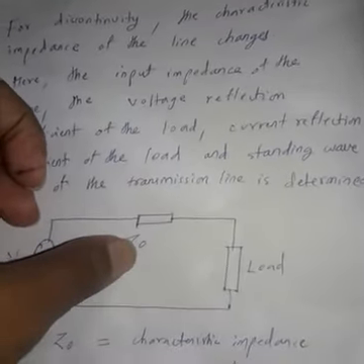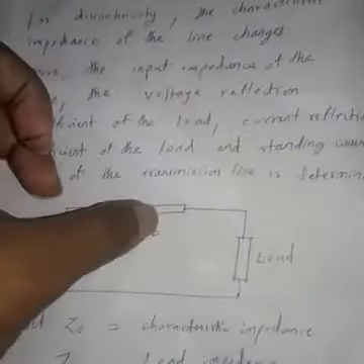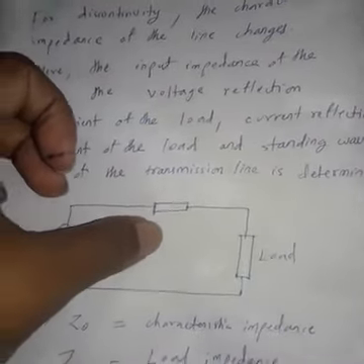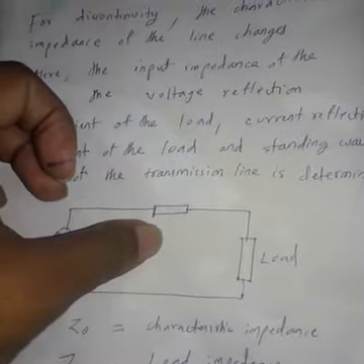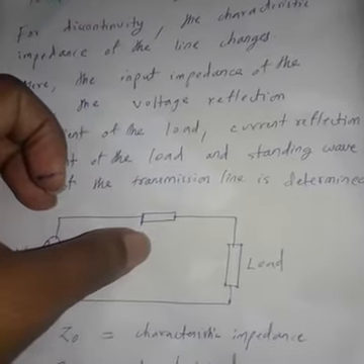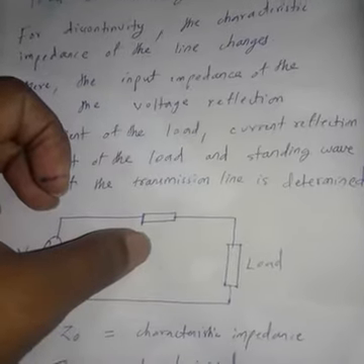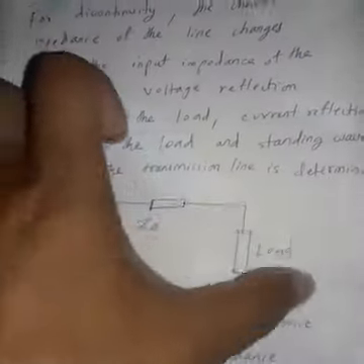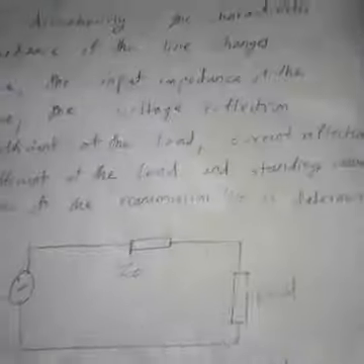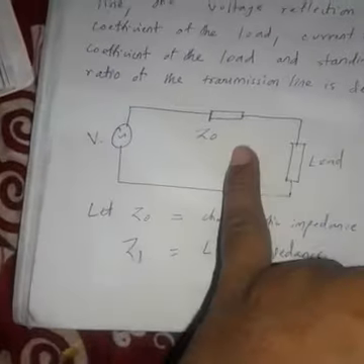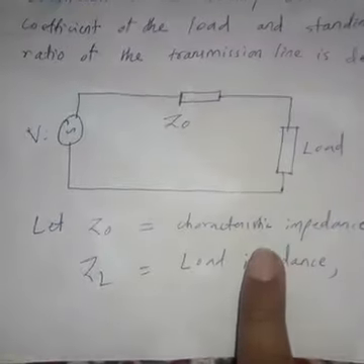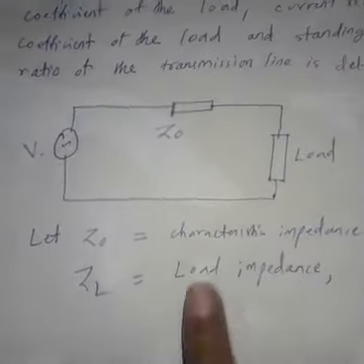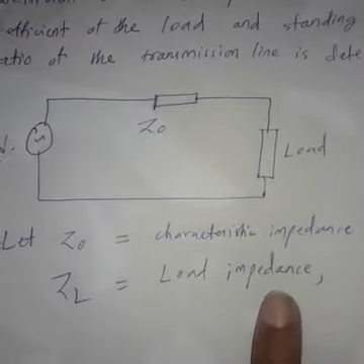As I told you, this calculation is based on the modeling of transmission lines. You may have studied modeling of short transmission line and long transmission line in your EPTD. So we simply restrict our discussion to simple formulas that we directly write, and you have to remember them. The derivation is out of our scope. Here we define two things: Z0 is the characteristic impedance, and ZL is the load impedance.